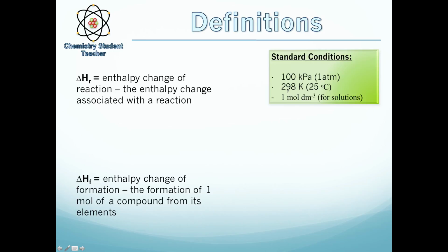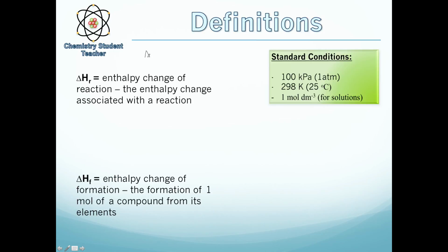298 Kelvin, which is the Kelvin scale for 25 degrees Celsius, which is roughly room temperature, maybe a bit hotter than room temperature. And for solutions, it must be 1 mole per dm cubed, or a 1 molar solution. And these are so scientists can have a standard between everything that they're conducting, so they're all fair when you compare the numbers. So the first one that you need to know is called enthalpy change of reaction, or delta